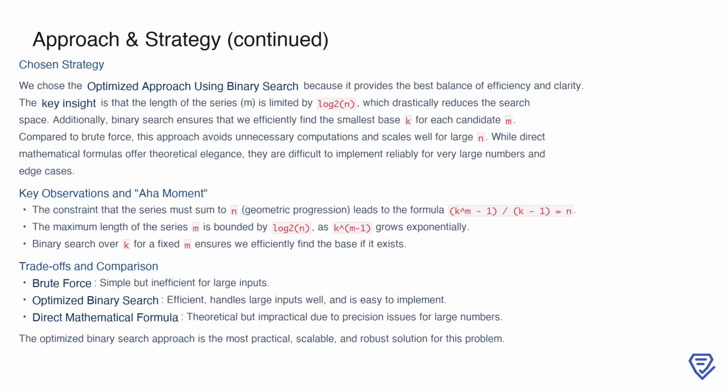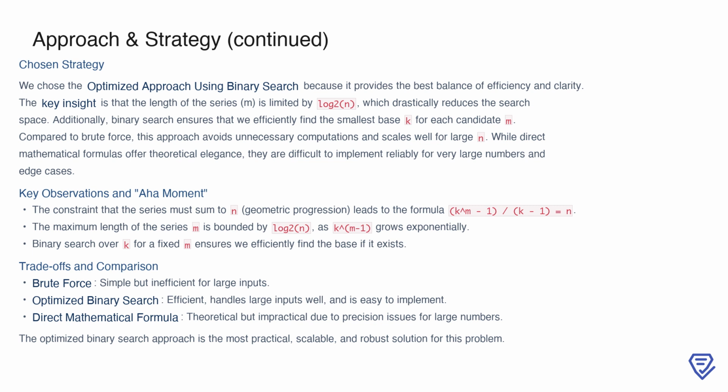Compared to direct mathematical formulas, the binary search approach is more robust and easier to implement, especially for large numbers where precision issues often arise. A key observation is that the formula, (k^m - 1)/(k - 1) equals n, directly connects the base k and the length m of the series. Additionally, the exponential growth of k^(m-1) means that m is naturally bounded, giving us a clear upper limit for our